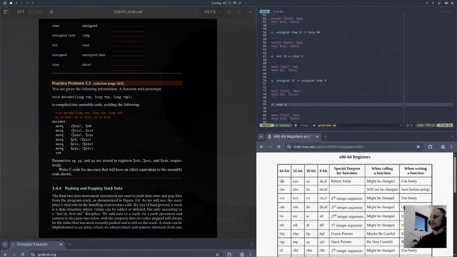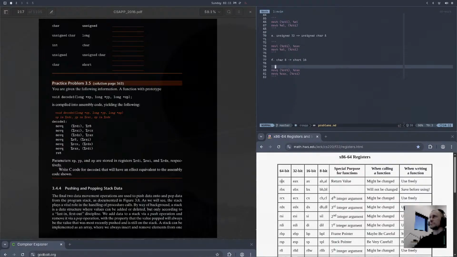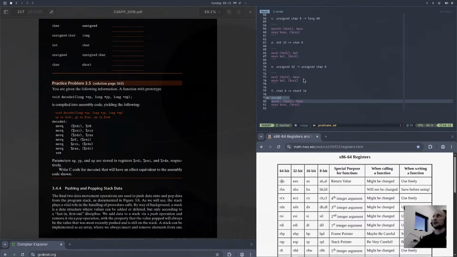Char 8 to a short 16. I think both of these might be signed. So we say, hey, move with sign extension, move S, a byte to a, is it a long? Yeah, I think it's a long. Because it goes byte, word, long. So this would be word. Actually, this should be byte. Byte to a word. And we're going to sign extend it